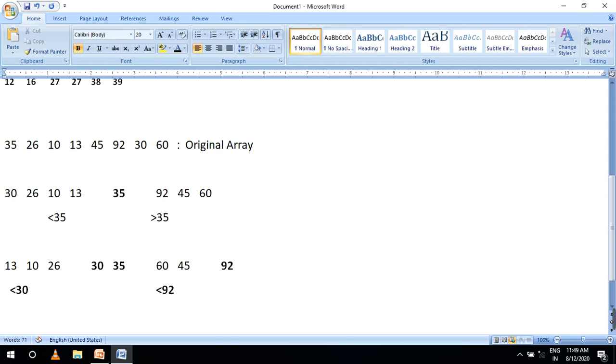Okay, next you go for the next pivot value. The next pivot value is 26. I'm taking the first value, 13 as the pivot, and 26 is already sorted. Next, directly go for the next pivot value, first or last, whatever you get.